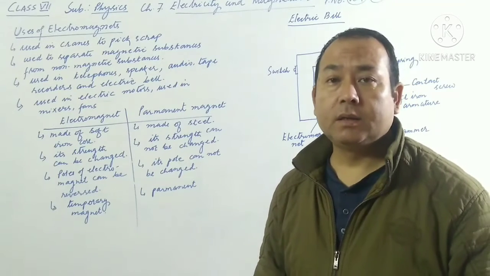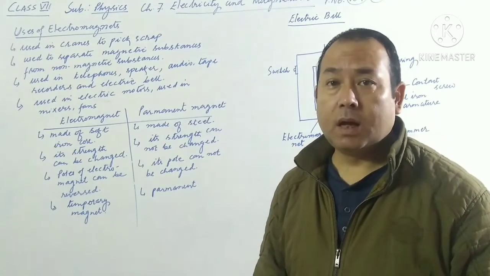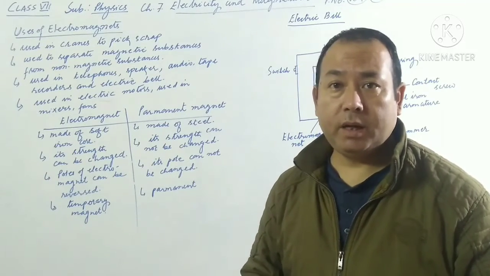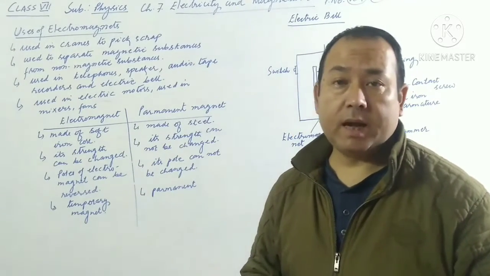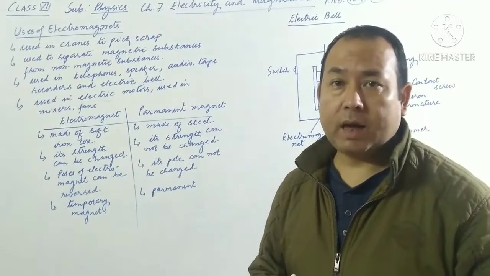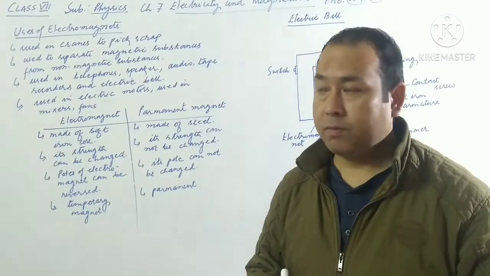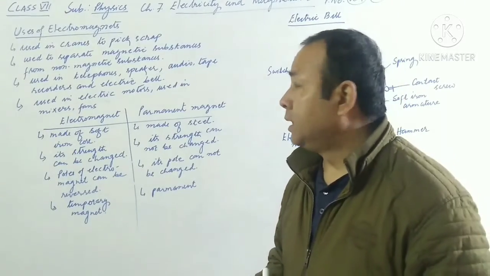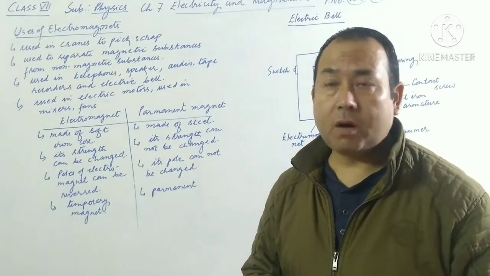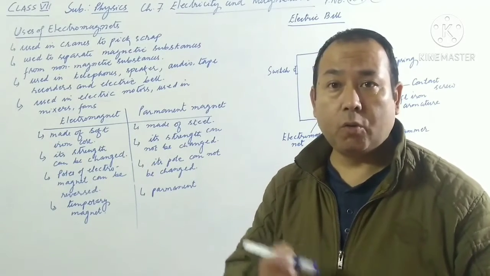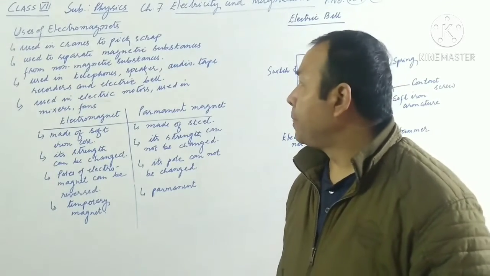About the electromagnet. We defined the electromagnet, and we also learned how its strength can be increased or decreased. We came to understand that the strength of an electromagnet can be increased by increasing the strength of the electric current which is allowed to pass through it. The second way is by increasing the number of turns of the copper wire wound over the electromagnet or soft iron core.